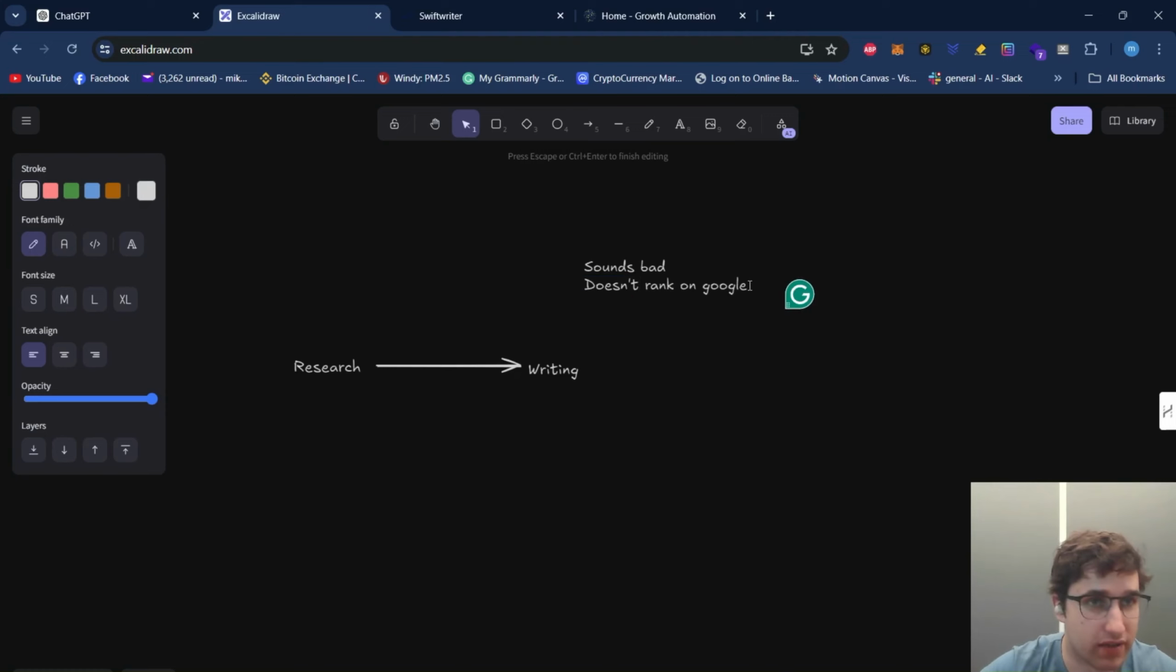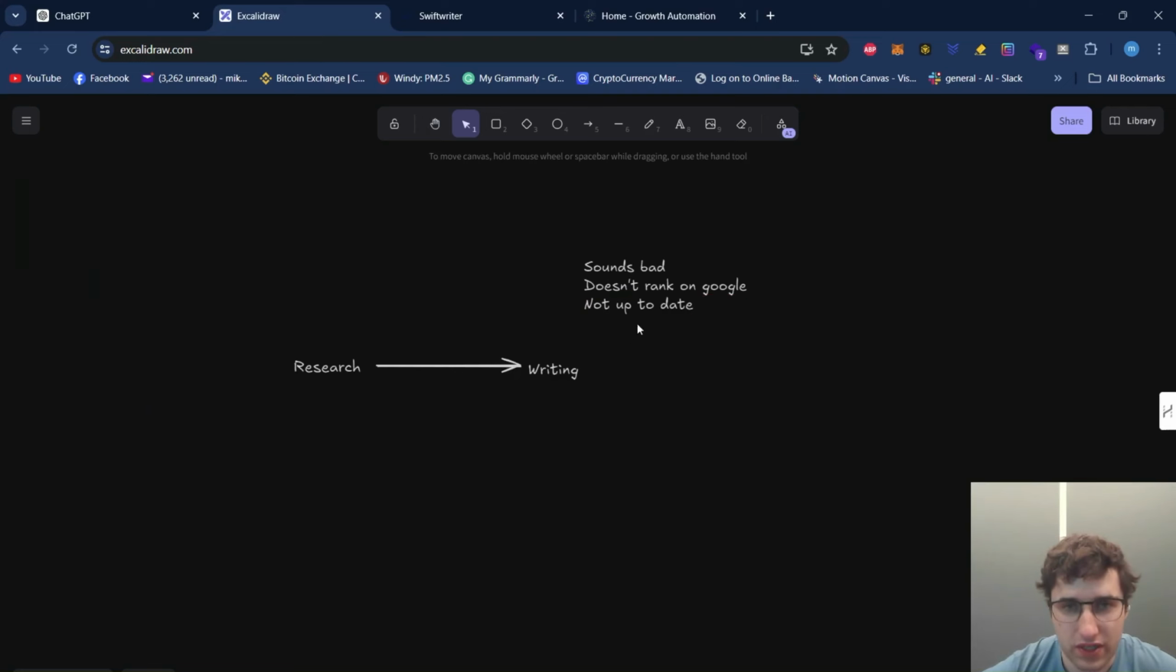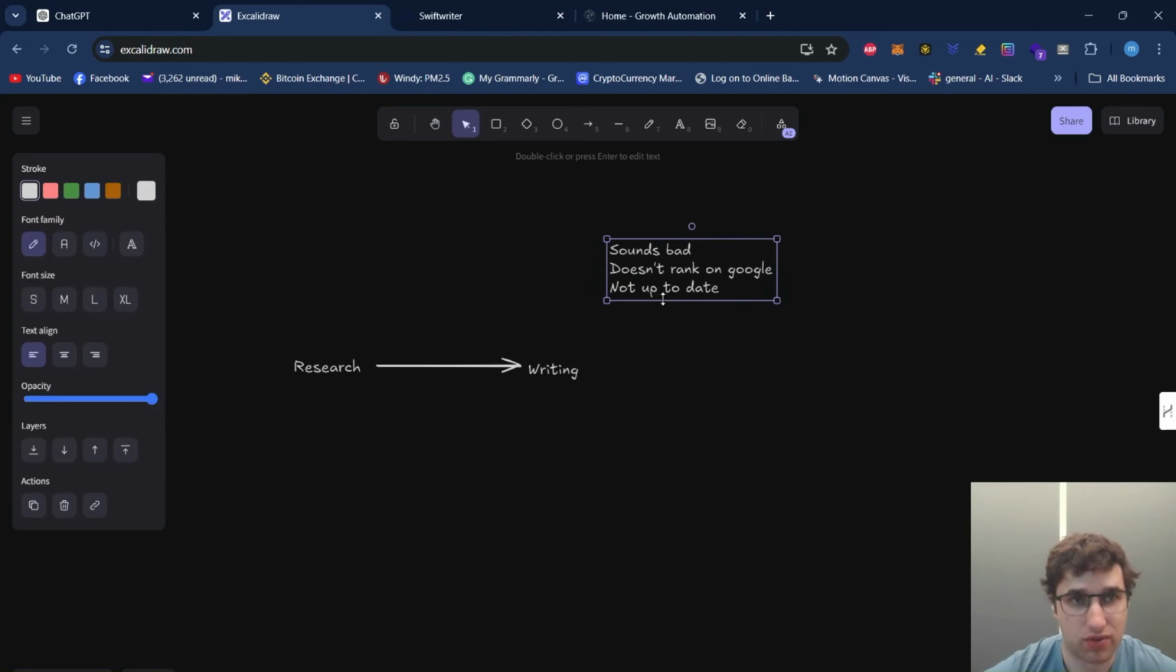Actually, Google will crash your site in terms of SEO if you start putting out articles like this. So it's incredibly damaging. It's better that you don't put any articles out at all, and also it's just not up to date. So what we need to do if we want to use AI to properly help us write,